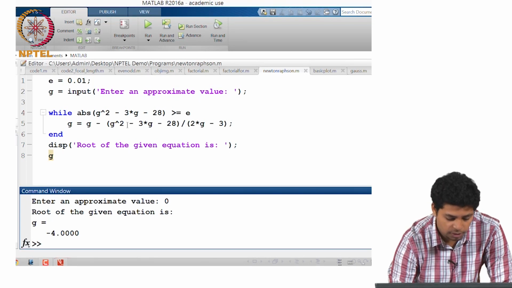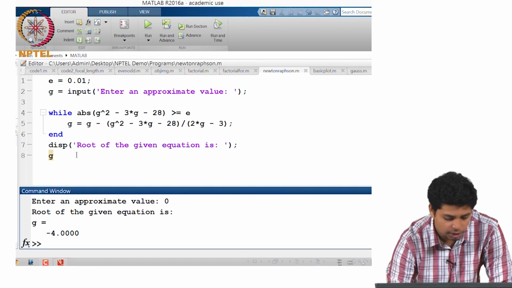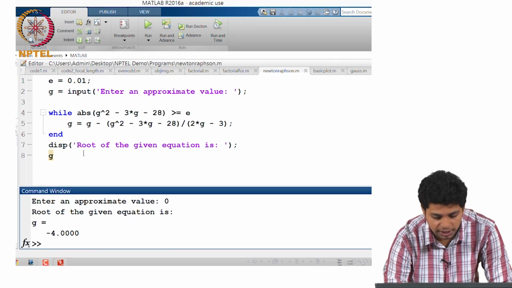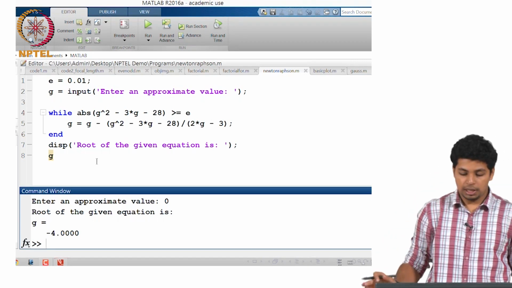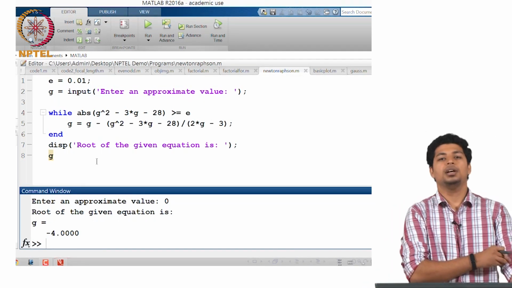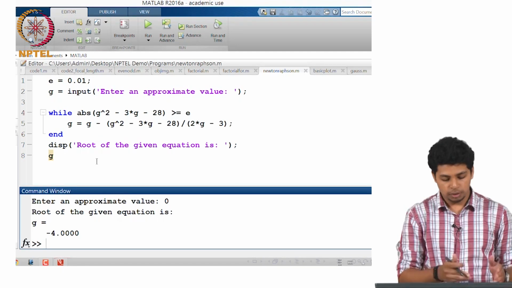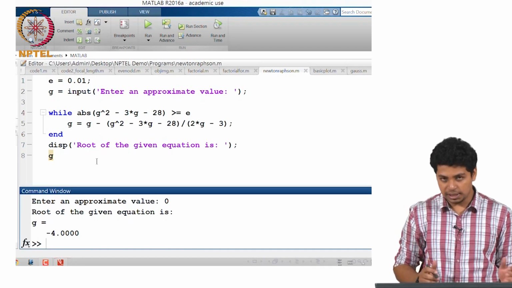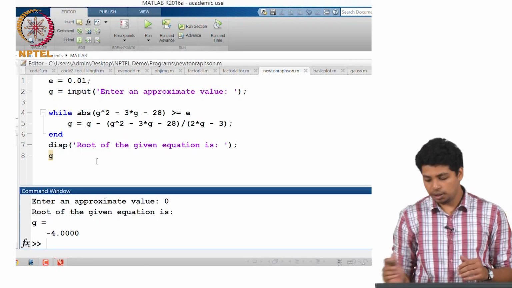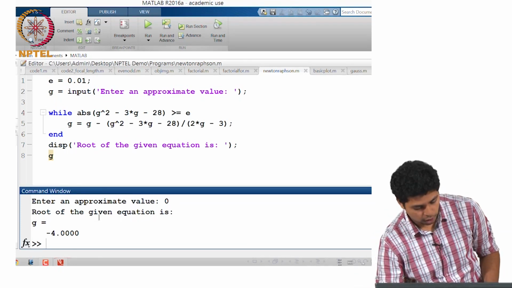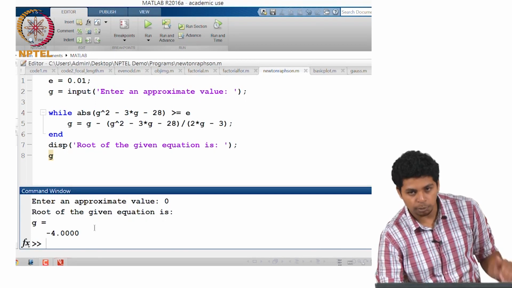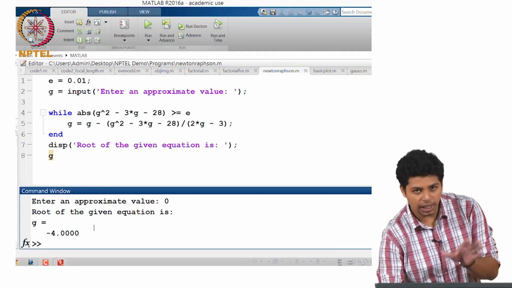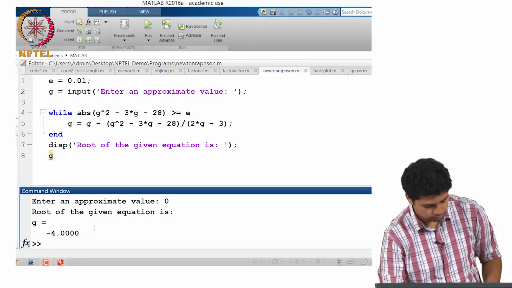So this is a place where we can make use of iterative statements. Now this is a very basic example, but you can use this in more complicated applications as well. Now just as an exercise, I would like you all to enter different initial guesses and see if you can arrive at the other solution. That means if we want the other solution, that is plus 7, to be our output. So just play around with the initial guess and see what happens.